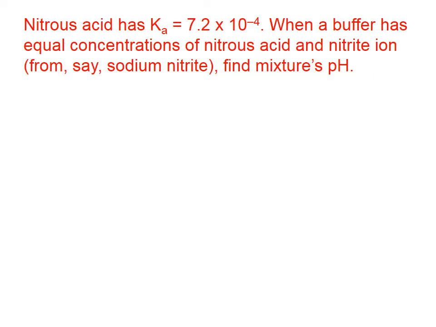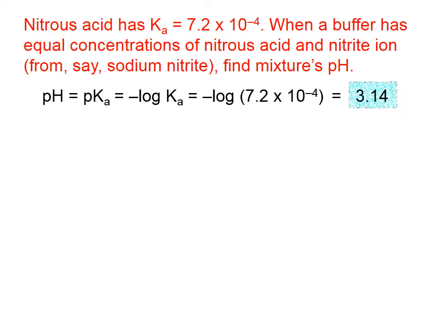Nitrous acid has a Ka of 7.2 times 10 to the negative fourth. When a buffer has equal concentrations of nitrous acid and nitrite ion from, say, sodium nitrite, find the mixture's pH. Since the weak and the common ion have the same concentration, the pH of this mixture will be equal to the pKa of the acid. We can find the pKa by taking the negative log of the Ka, and that comes out to be 3.14,